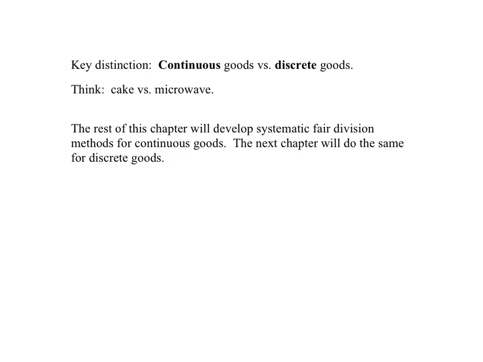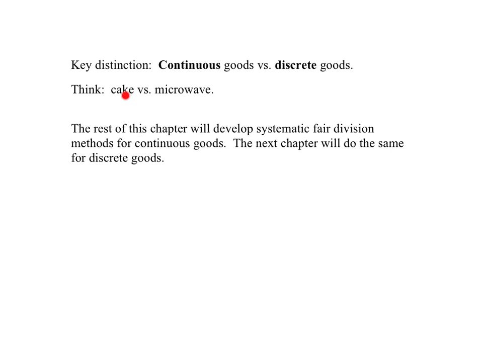To approach this problem of finding systematic methods that are guaranteed to give us fair divisions, we have to start out making a key distinction between dividing up continuous goods and distributing discrete goods. Continuous goods should be thought of analogously to the cake we started thinking about early in this chapter, and discrete goods should be thought of analogously to the microwave, which it would be pointless to carve up into 4 separate pieces and distribute among the roommates who jointly owned it.